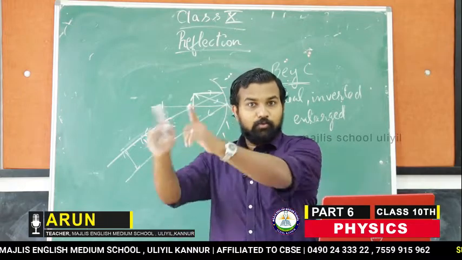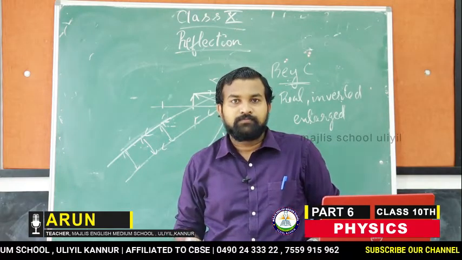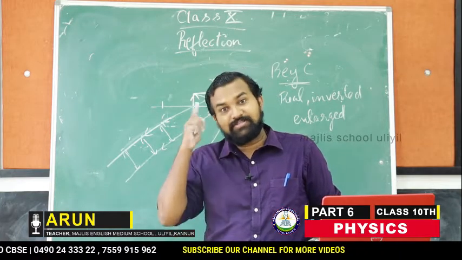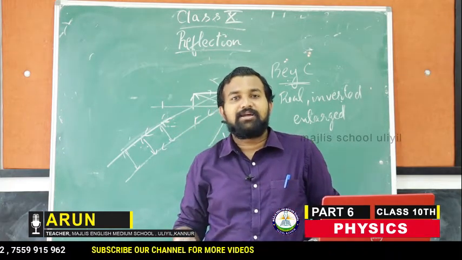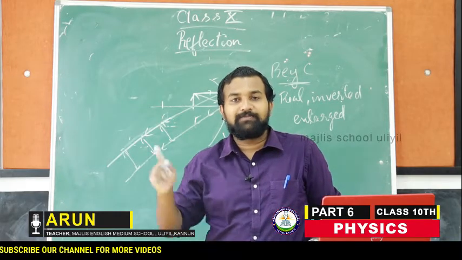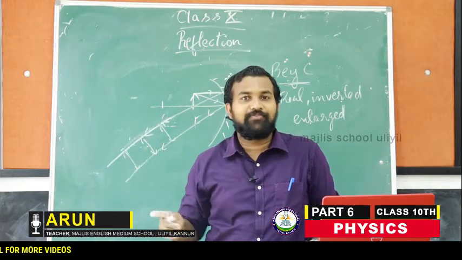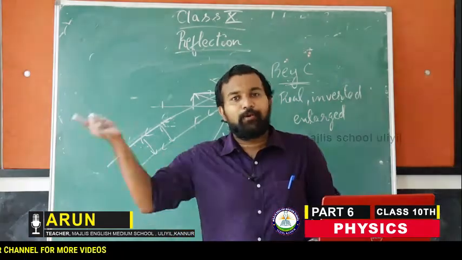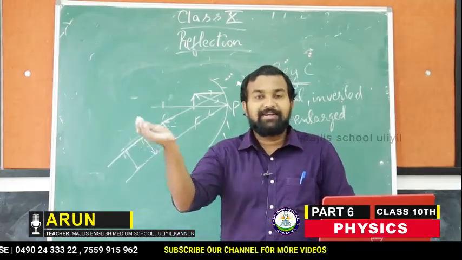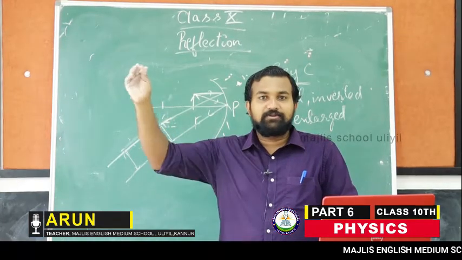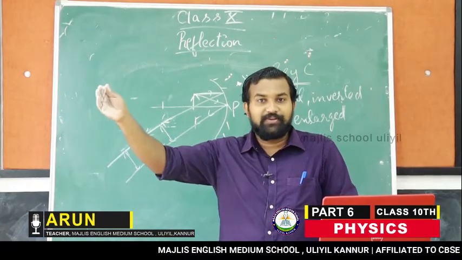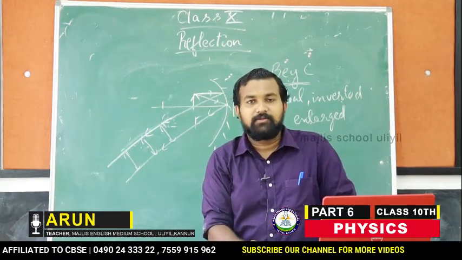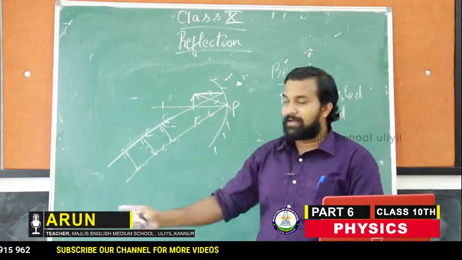A parallel ray is moving, so will the image form? You may think that there won't be any image formed, but you understand the first case. The incident rays are coming from infinity. Which type of rays are coming? Only parallel rays will come from infinity, when the object is kept at infinity. From the object at infinity, parallel rays are coming, isn't it? So here the rays are going parallel.